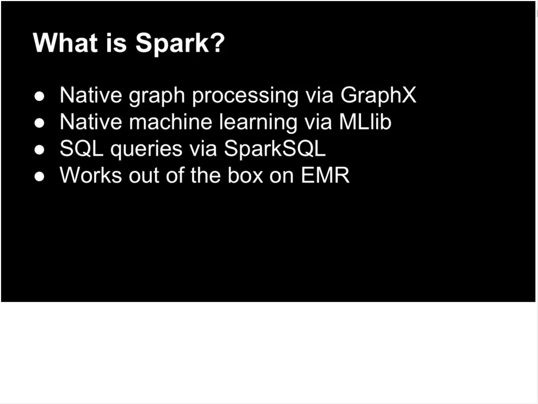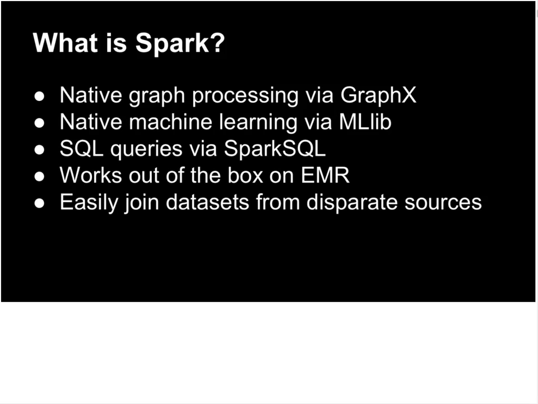It's simple configuration. And one of my favorite features of Spark is the ability to join data sets across multiple disparate data sources, as we have numerous here at PwC. Imagine doing joins across Cassandra, Mongo, and HDFS data in a single job. It's quite powerful. So now that we've looked at kind of what Spark is, let's take a look at how